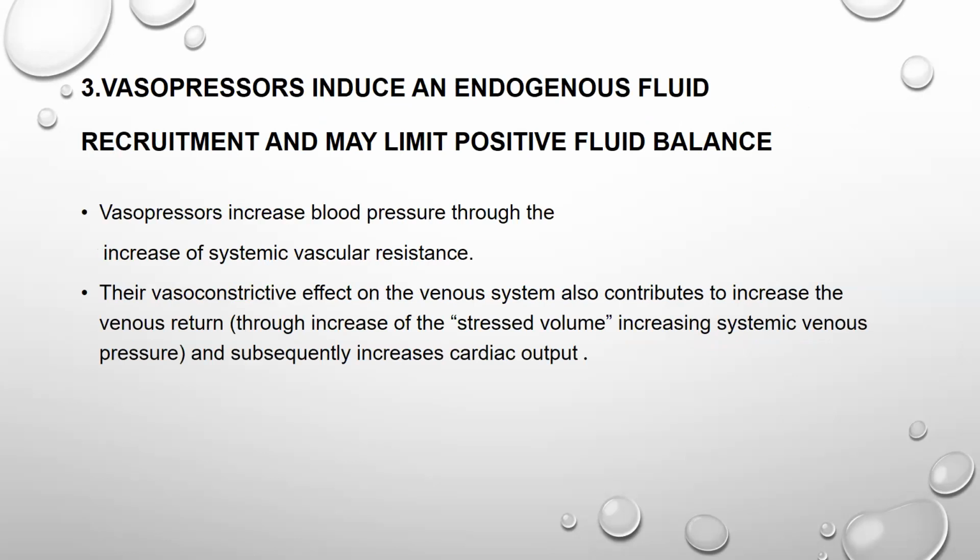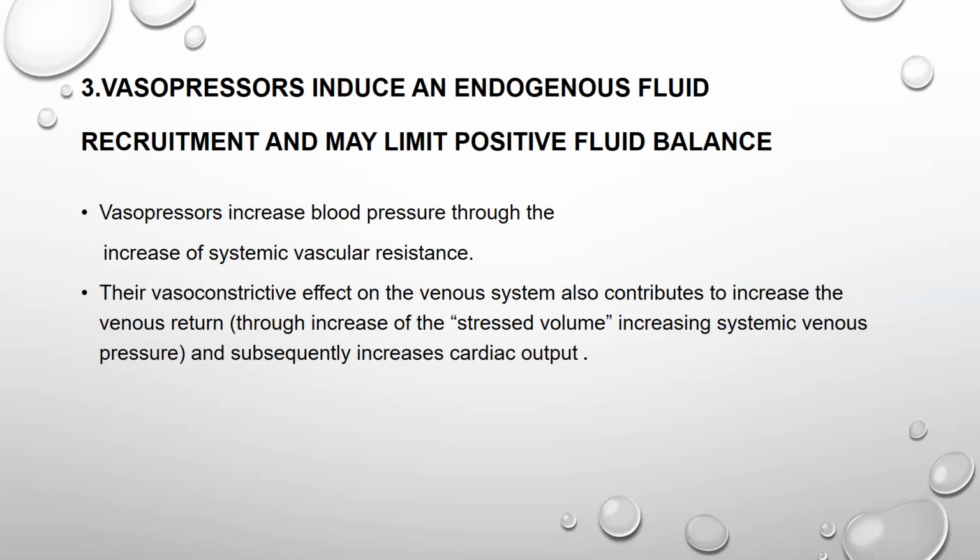The third tip is that vasopressors induce endogenous fluid recruitment and may limit positive fluid balance. How will vasopressors induce fluid recruitment? Vasopressors will increase the blood pressure because they increase the systemic vascular resistance, and they can lead to some vasoconstriction in the venous system as well. And this vasoconstriction in the venous system will increase the systemic venous pressure, and then the venous return, because the flow from the venous system to the heart